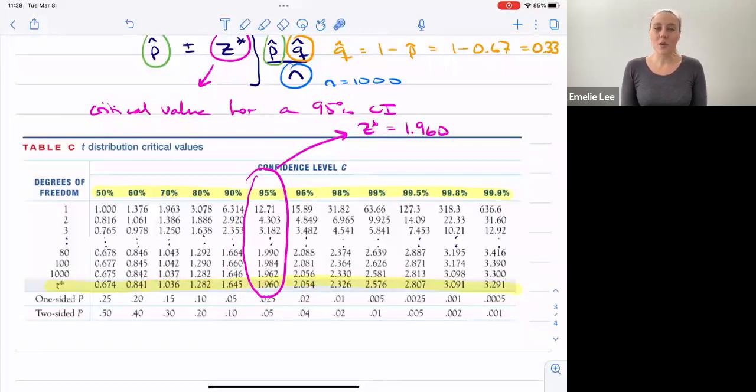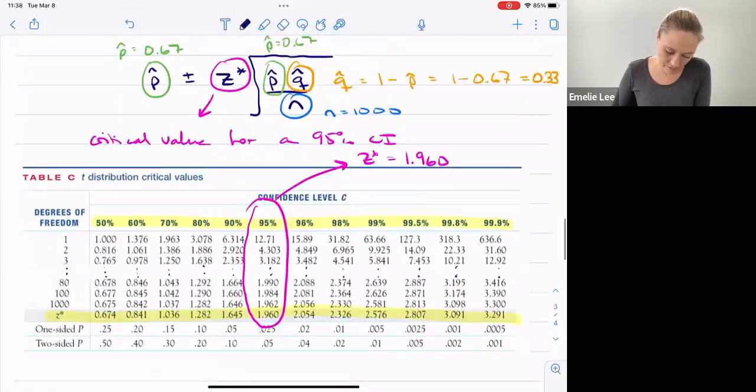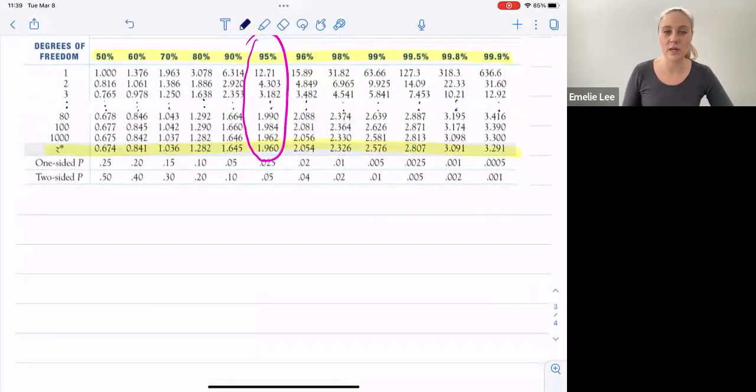So Z star is the only thing that dictates the confidence level, and that's really all it's doing. And so this whole chunk, remember, we call it the margin of error. This is the standard error, and this whole thing is the margin of error. I'll clarify that once we